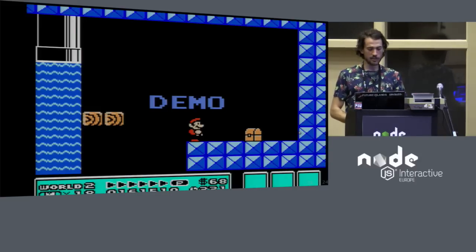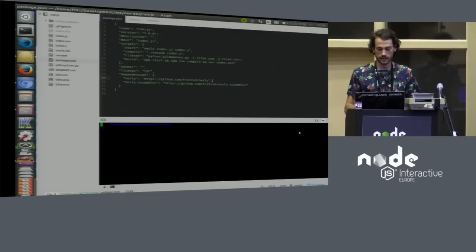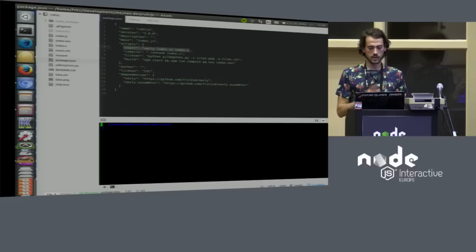Okay, so demo time. I created a little package called Ruhr.js, because I also did this talk at another conference, so sorry about that. And you can see here there's a few scripts. This one analyzes the JavaScript and outputs an assembler file. This one compiles the ROM. This one creates images. And this one just runs everything and then runs the